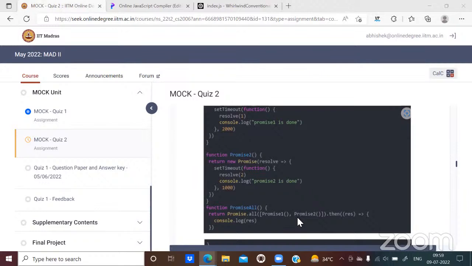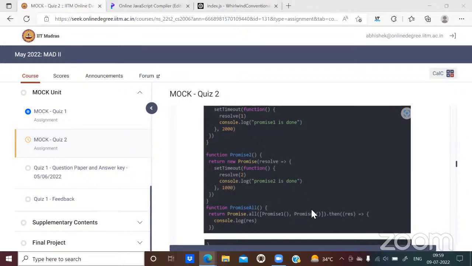So can we say delay wise, whoever comes first, that order will be maintained? Delay wise? Now here we have the delay of 1 second and 2 seconds. No, the delay doesn't matter. What I'm saying is that it doesn't matter at what stage these promises are getting resolved. What matters is the sequence.